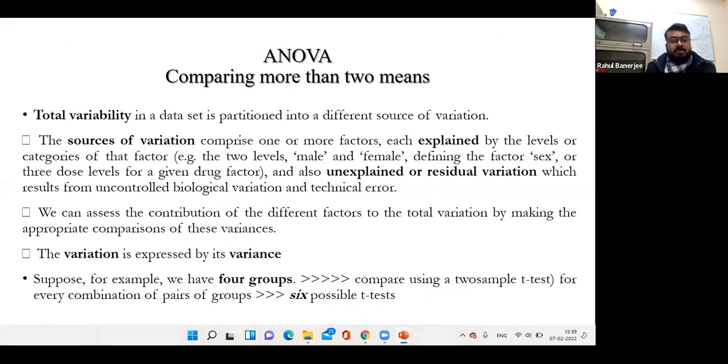If there are more than 2 means, then we have to go for analysis of variance, that is ANOVA. This is also a test statistic, and here we generally have the F test. We can assess the contribution of different factors by using ANOVA. For example, we have 4 groups. For 4 groups, if we compare 2 at a time, we have to do 6 possible t tests. Instead of doing that, we can consider one particular test,